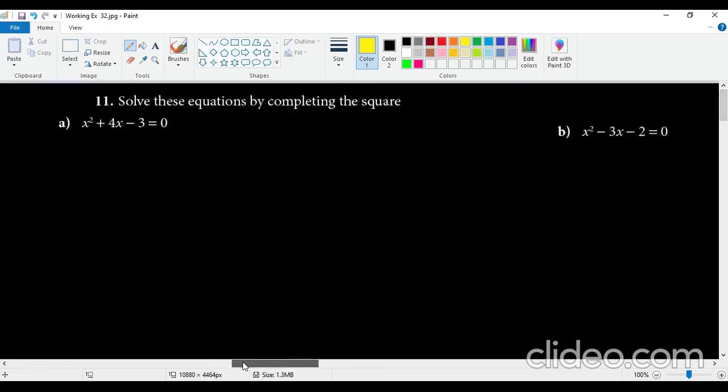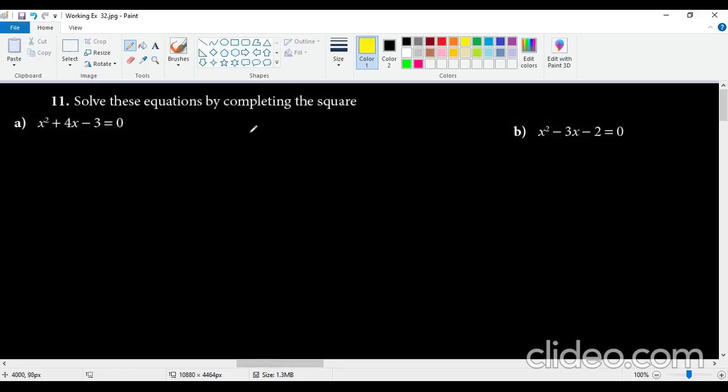Taking you to question number 11. In here, the proper way of completing the square is going to be used to solve this equation. So what we have learned so far is to take the constant number to the other side, so it's going to be x plus, because you have a plus sign in between 4 and x square. So I will write a 2 here, which is the half of 4, and make a whole square format. And minus 3 is already here, so I will take minus 3 onto the other side. And now I will be adding